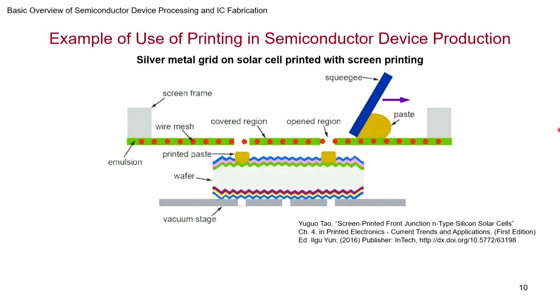I also want to show you an example where printing is actually used. If you look at photovoltaic technology, silicon technology is one of the mainstream and mainstay of photovoltaic technology. Most of the processing is done similar to the processes we discussed. Diffusion, implantation, etching, all those you may find their way into that. Junctions that you make for photovoltaic process or deposition of polysilicon and so on.